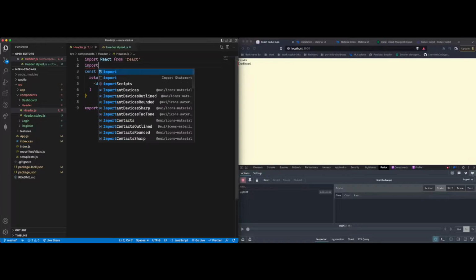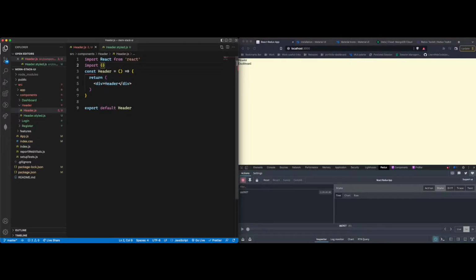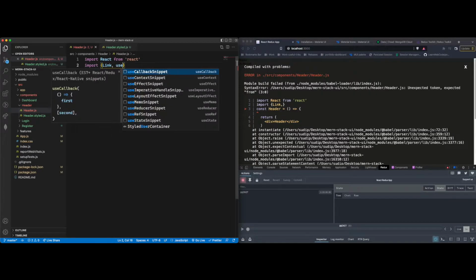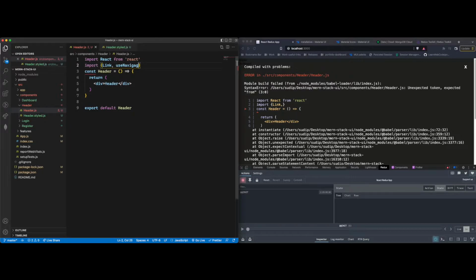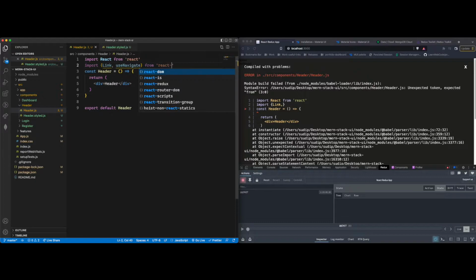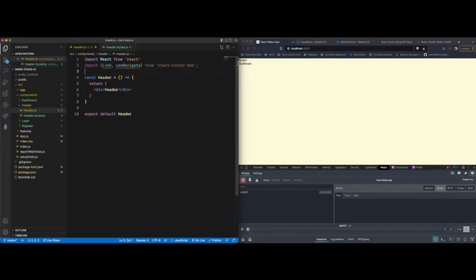Alright, so we're going to import a few packages from React Router DOM here. I'm going to import Link and useNavigate, and they're going to come from react-router-dom, and then